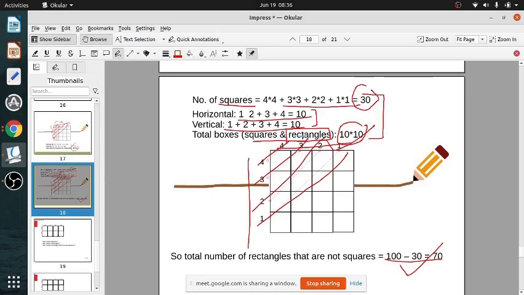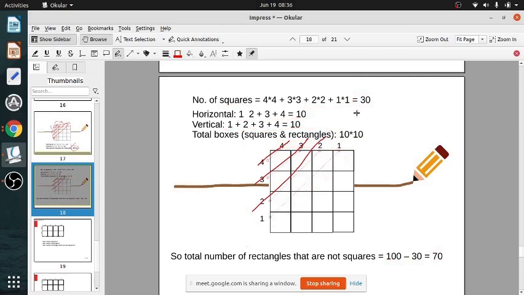So if you are asked only rectangles, what do you do? You add or subtract? Subtract. Because if I say only rectangle and only square, then you add. This is already including square and rectangle. It includes squares when you take 1 or 2 and 2, when you take 3 this side, 3 this side. And also the rectangles, when you take 3 this side and 2 this side, or 3 this side and 1 this side. So it includes all. It depends on your questions, okay?